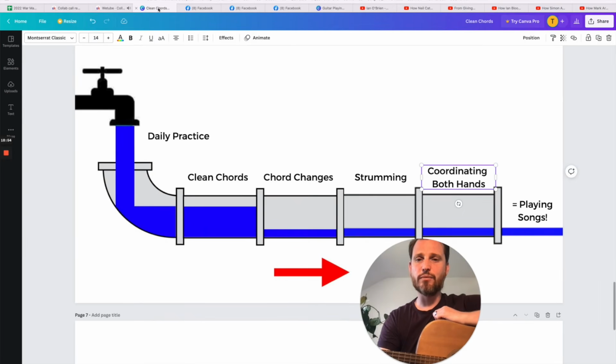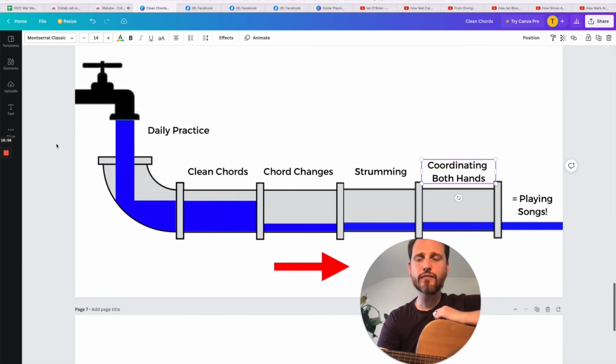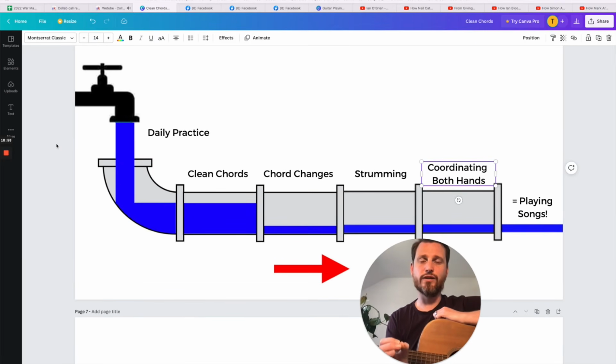So I'll just bring up the diagram one more time. We're talking about breaking through the bottlenecks in your playing that's going to lead to the most progress as a beginner on the guitar. So first up, we need to be playing on a daily basis. We want to get our chords clean. We want to develop the changes between the chords fast and fluidly. And it's also down to the amount of chords you're actually learning. You could be learning too many chords before you move on. Then it's getting the strumming comfortable,